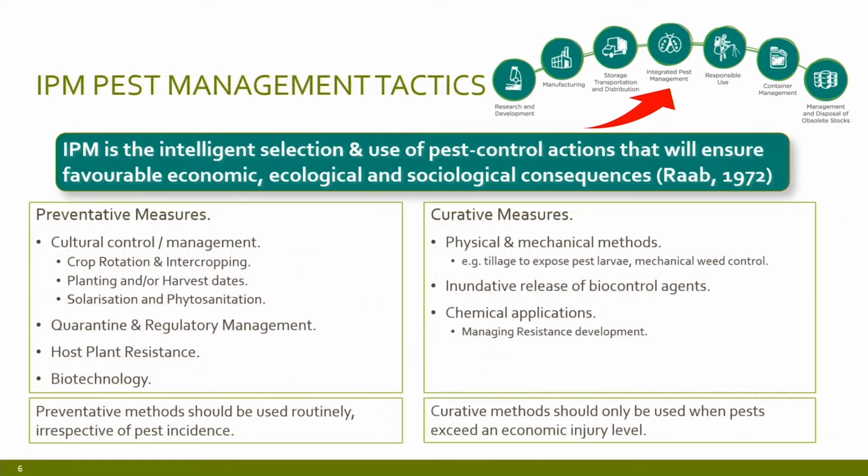If we look at these that I've called tactics, the various control measures, and we put them into two different buckets, interestingly, the preventative or prophylactic measures should be used routinely and should not be based on whether a pest is present or not in the field, or what the level of that pest population is. So these measures include things like cultural control or management, such as rotation and intercropping, in other words, providing changing habitats for pest populations,